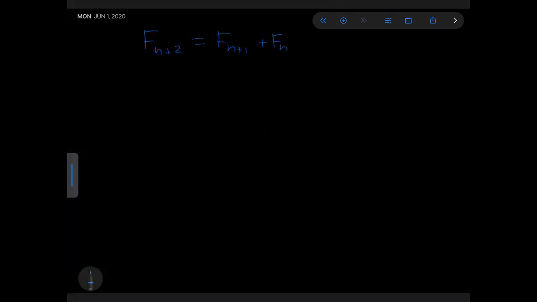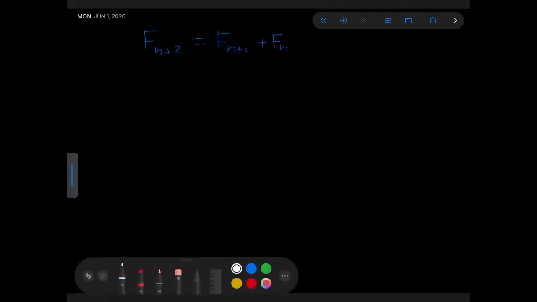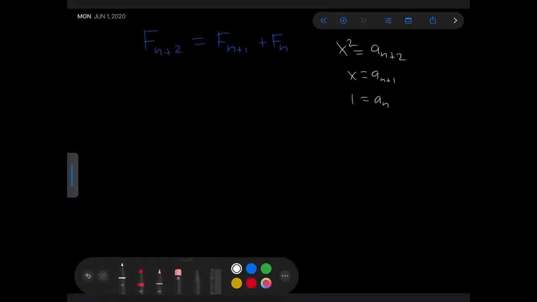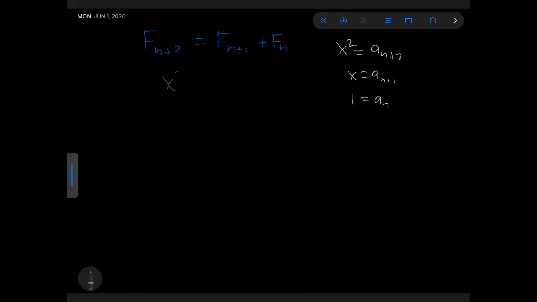Remember our substitutions. X squared is equal to a sub n plus 2, x is equal to a sub n plus 1, and 1 is equal to a sub n. We're going to create that polynomial right now. X squared is equal to, if we substitute, x plus 1. When we solve this quadratic equation,